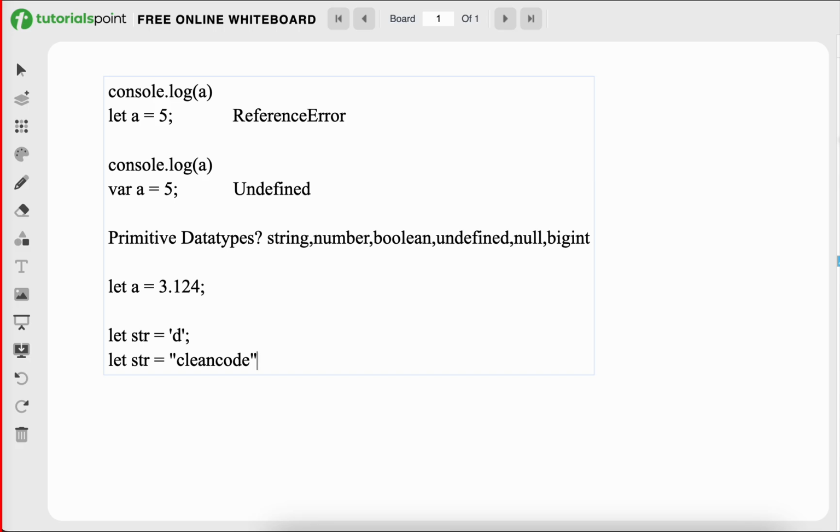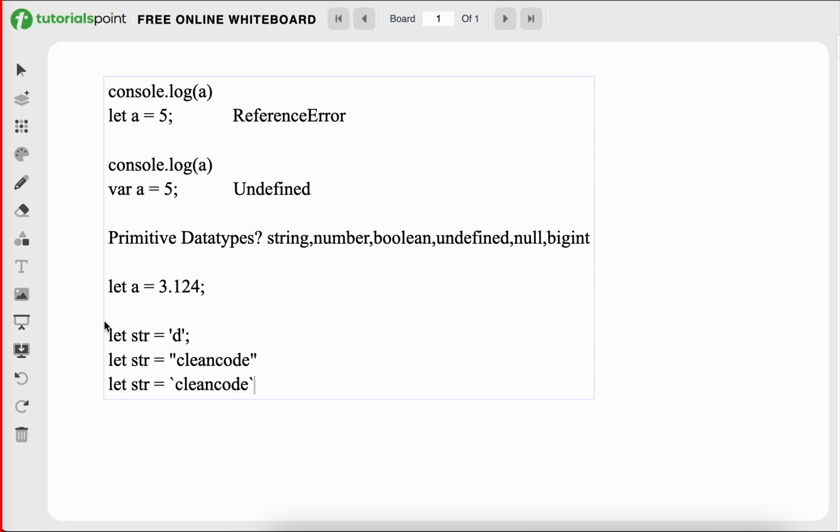Okay, so we can write double quote, single quote. There is one more thing: let str is equal to backticks. So we have three types of quotes at the string level, and these three make a string.